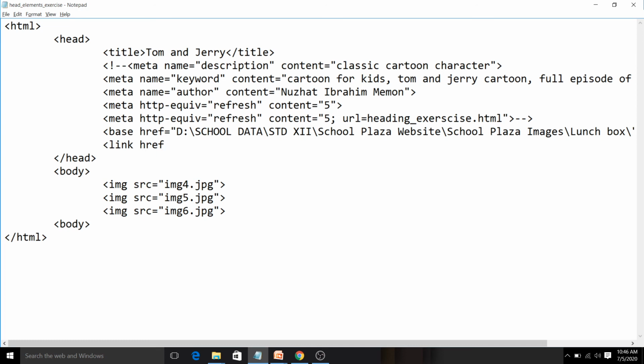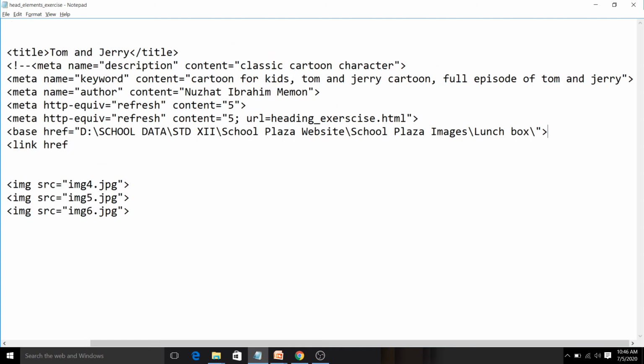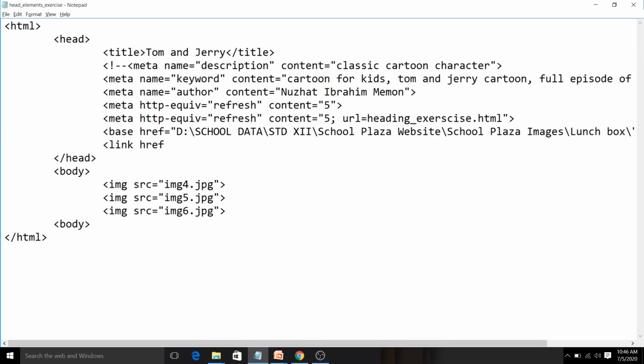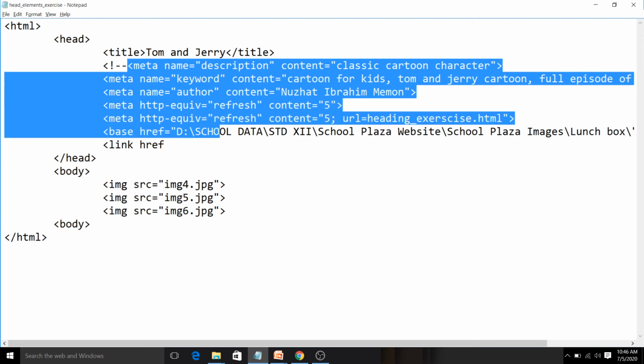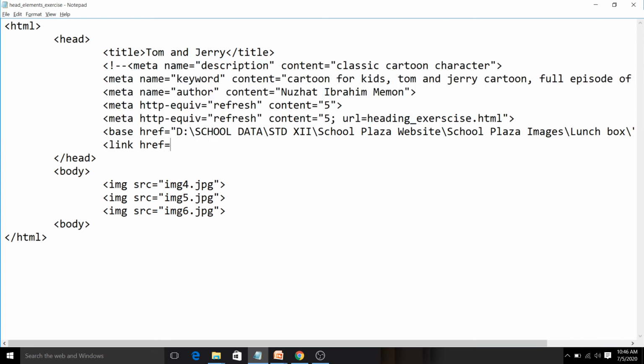Before that I will comment out this thing also. The base tag I will comment out. So here the rest of the code is in the comment tag from here to here. Now I will see the effect of the link tag. For href, I will write my file name, mystyle.css.